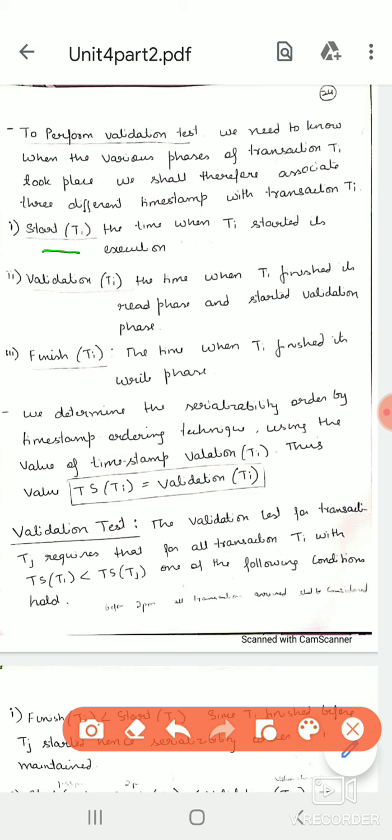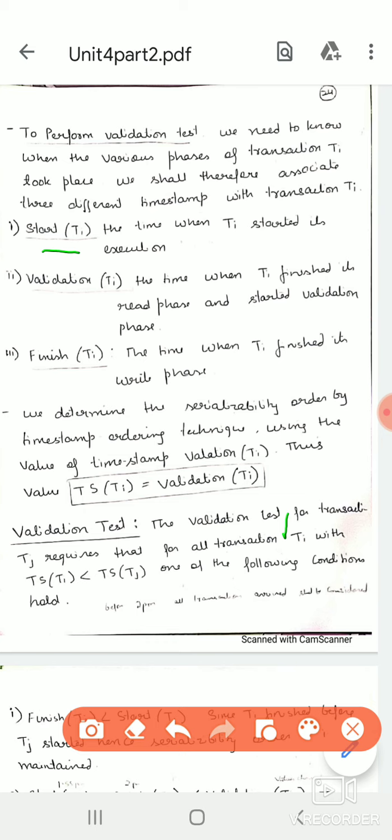This is the time when Ti started its execution. That means for transaction Ti, wherever the first read or write operation is done, wherever the first instruction is read, that will be your start time. That is the start time for the transaction.